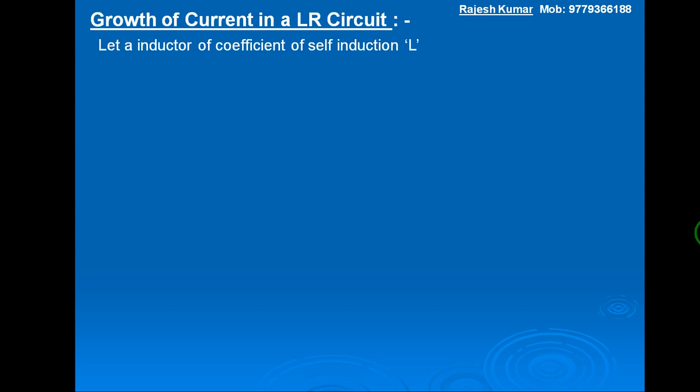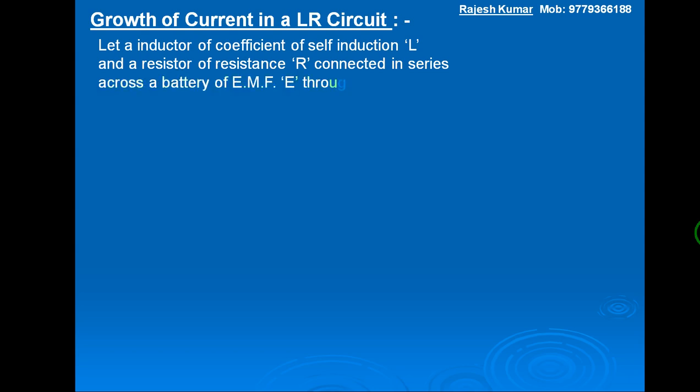Let an inductor of coefficient of self-induction capital L and a resistor of resistance capital R be connected in series across a battery of EMF capital E through a two-way key as shown in the figure. See in the diagram, this is an inductor of coefficient of self-induction capital L and a resistor of resistance capital R connected across a battery of EMF capital E, and this is a two-way key with the terminals 1, 2